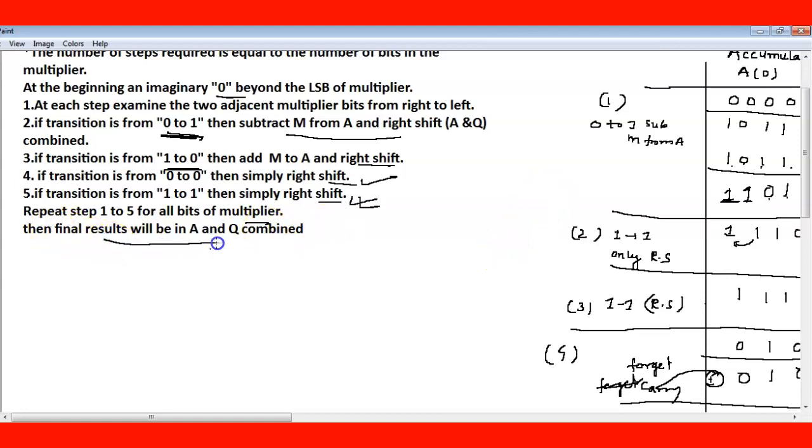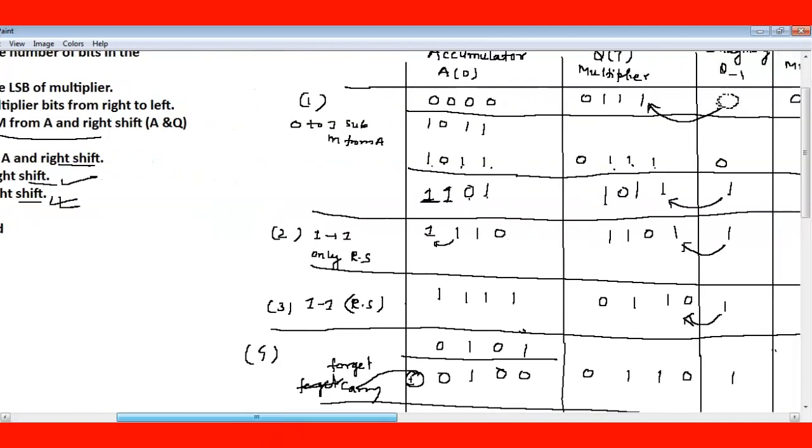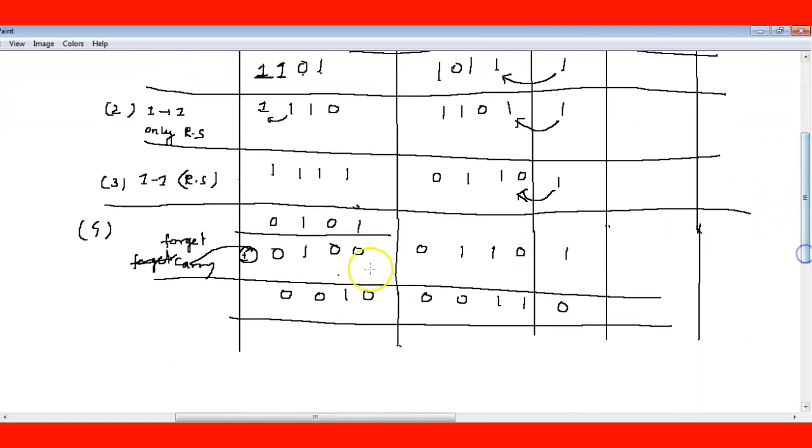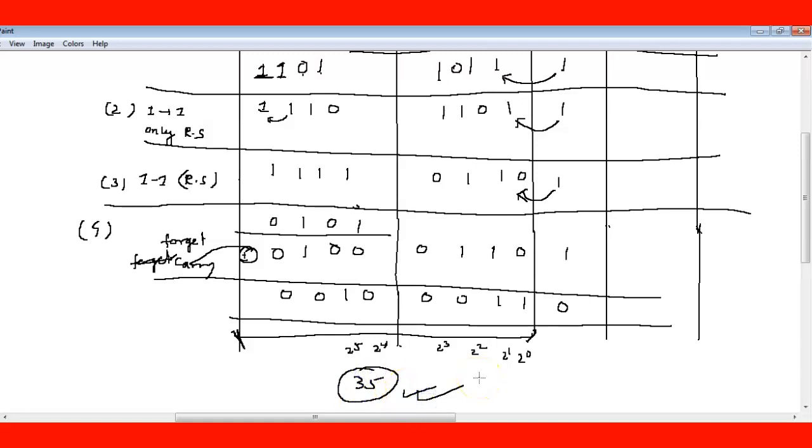The final result will be A and Q combined. So A is the accumulator and Q is the multiplier. So if you see here, this value is our final answer. You can check that it is coming 35 here. You can write 2 power 0, 2 power 1, 2 power 2, 2 power 3, 2 power 4, 2 power 5. The 2 power 5 is 32. This is 34 plus 1. We are getting the number 35. So this is a very fast algorithm. We can do it by